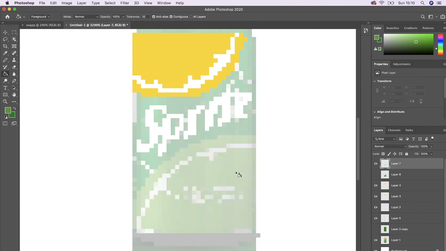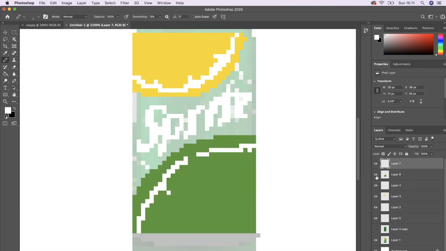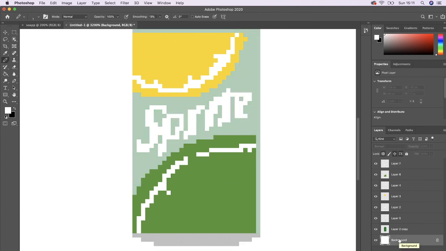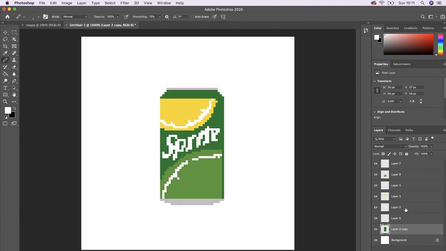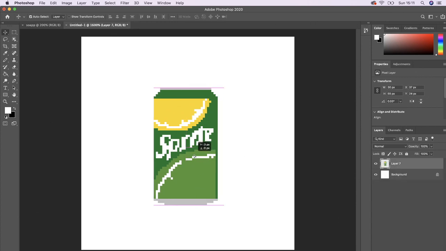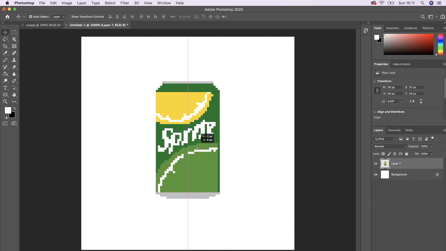Then I'm going to hide that again, add a new layer so we can do the white area. I'm just going to use white and just draw in this sort of shape. And yeah, it doesn't have to be perfect, but I've got the basic thing here, so I'm going to delete the sprite can now and then bring up the opacity of the background. So we've got that. Very, very simple, nothing crazy. You can add more detail to it if you want, but I just want to get it done